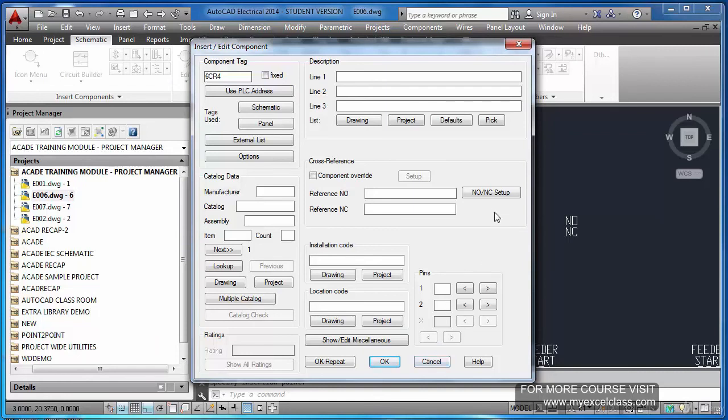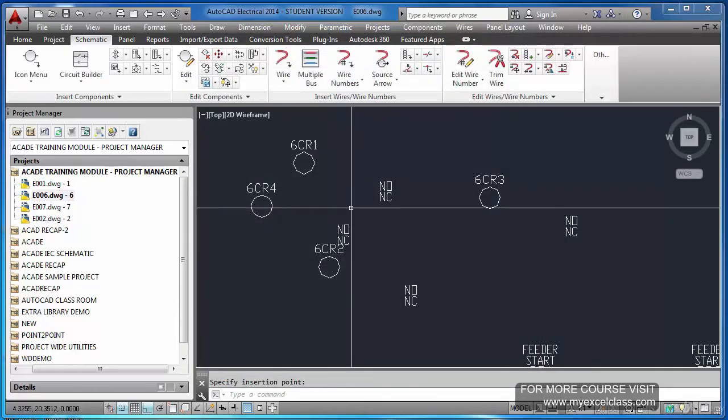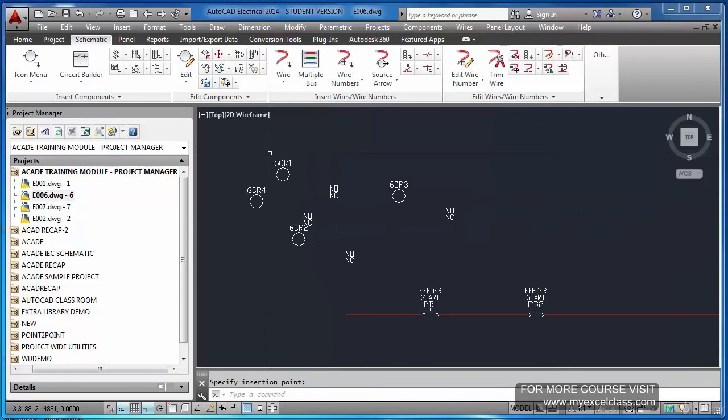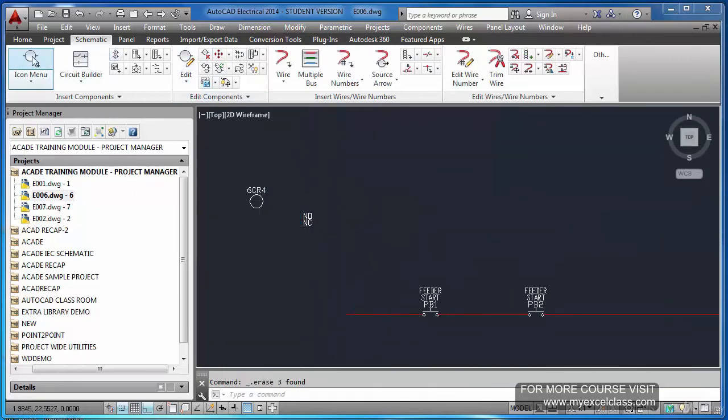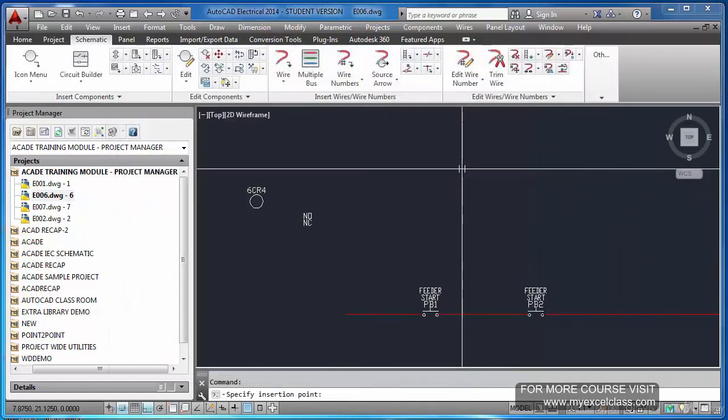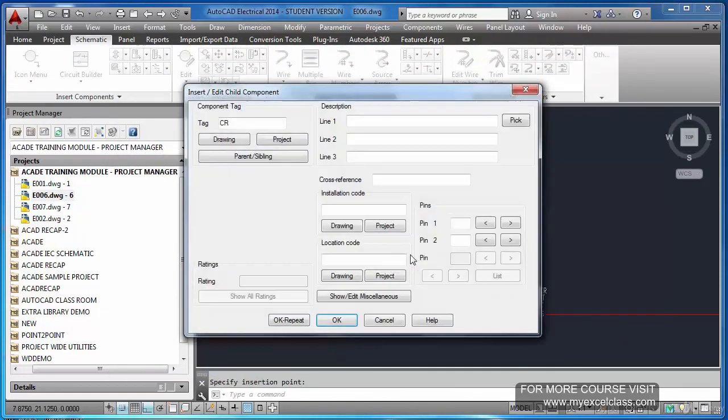And now, going back, one more thing I would like to put in your attention, that is NONC setup. This thing is very useful. Actually what happens is when you use a contactor or relay, for example, I inserted this relay, CR4, and I want to use a few contacts of this particular relay. 6CR4 parent.